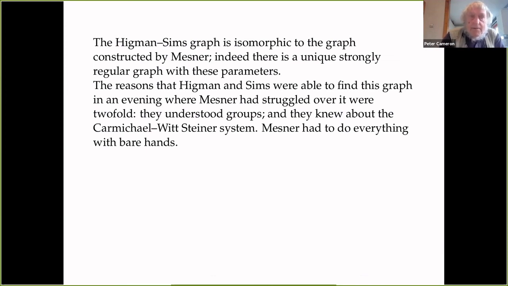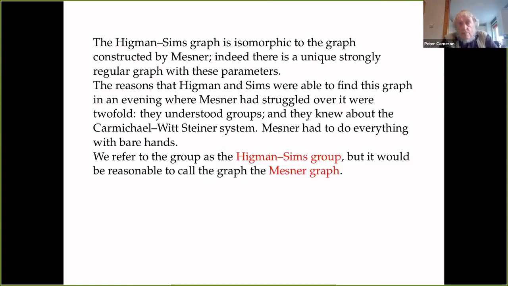Mesner didn't know about this Carmichael-Witt design, and he didn't really understand groups either, so he couldn't use group theory to help him. He had to do everything with his bare hands. And also, he was a statistician, and even though this had arisen in statistical design theory, statisticians weren't terribly much interested in this particular object. But anyway,